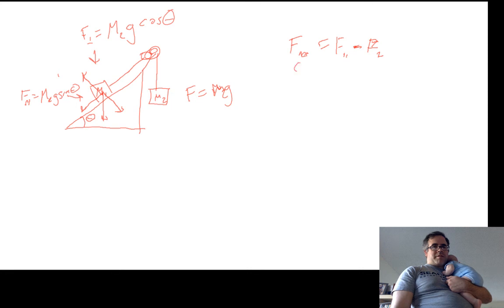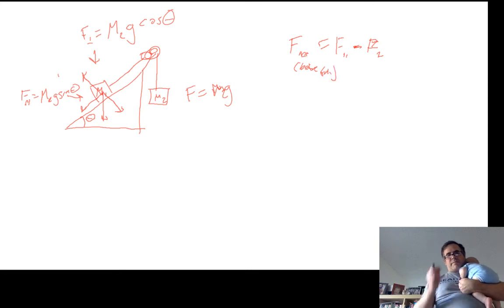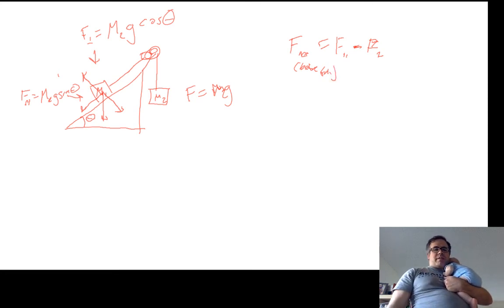This is before friction. Right? Because friction always resists motion, you kind of tack that on in the end. So you want to find this one. It's like, this one will tell you,